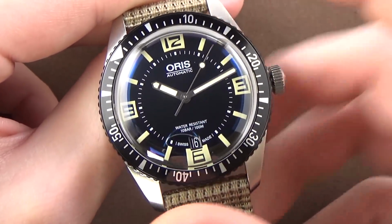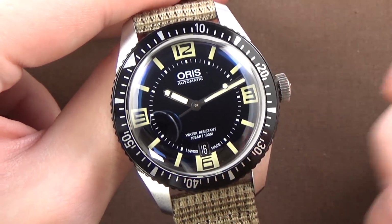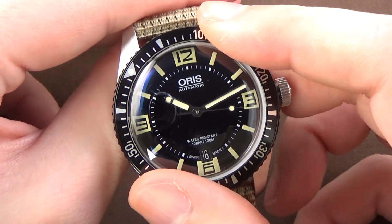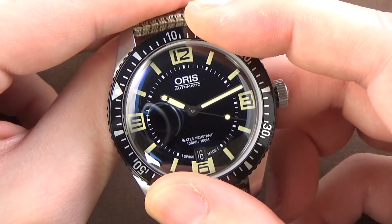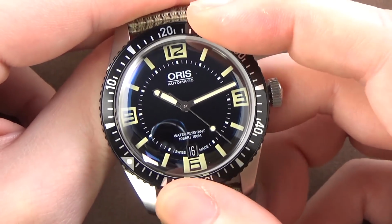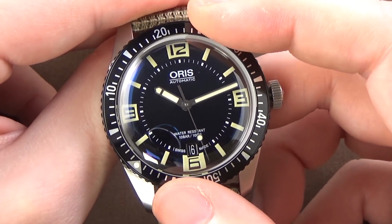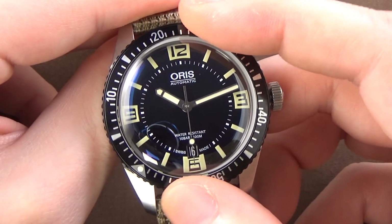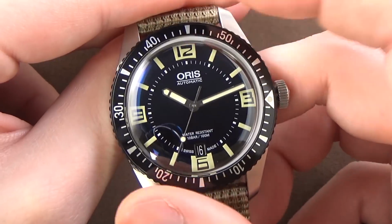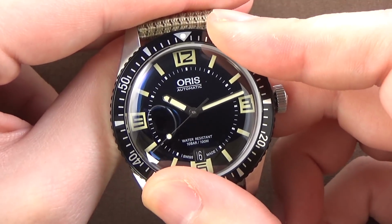It's not the most solid bezel. It's not mushy though. Seiko bezels, for example, when you're rotating those, they kind of feel spongy or mushy. You don't get that sensation. The actual clicks and the feedback from rotating the bezel is quite good. It's just a little bit loose, and there's a little bit of sloppy play in it. Once it clicks over, just a little bit of backplay. Not outstanding for an almost $2,000 watch,